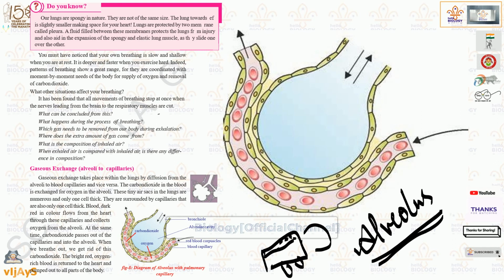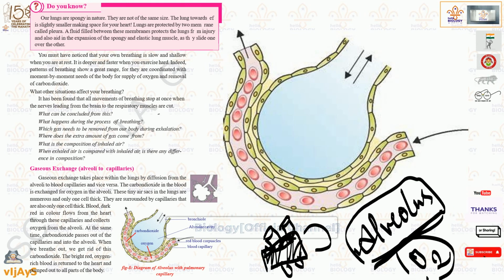So you can imagine that many alveoli, a lorry full of sand, are there, meaning you can expect how many molecules of oxygen will be utilized. But only a glass full or a mug full of sand-particle-size alveoli will absorb oxygen. Why? Because we are not doing exercises, gym or yoga, so how can it absorb all the oxygen? So it won't absorb all the oxygen here. So now what will happen here?